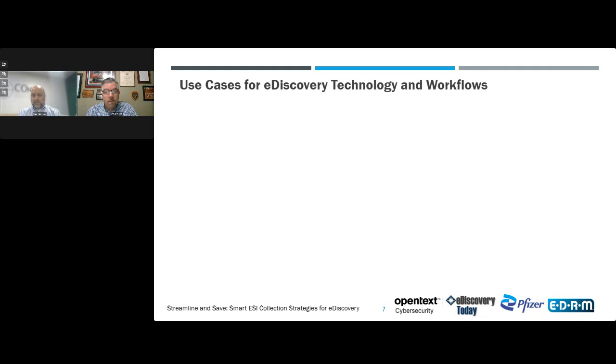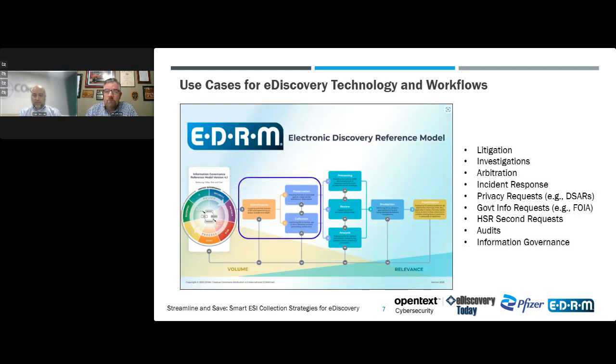Sure, makes sense. So, data challenges obviously require specific workflows to address. And since they all involve data, it seems like we're seeing eDiscovery workflows being customized to support these different use cases. So you're seeing the EDRM model, which got a fresh redesign earlier this year, as you can see there, being applied to not only litigation, but also other data-intensive use cases like investigations, arbitration, data privacy requests like DSARs, incident response and notification of affected individuals after a data breach, and more. Even the process associated with HSR second requests in response to FTC and DOJ concerns about mergers and acquisitions.